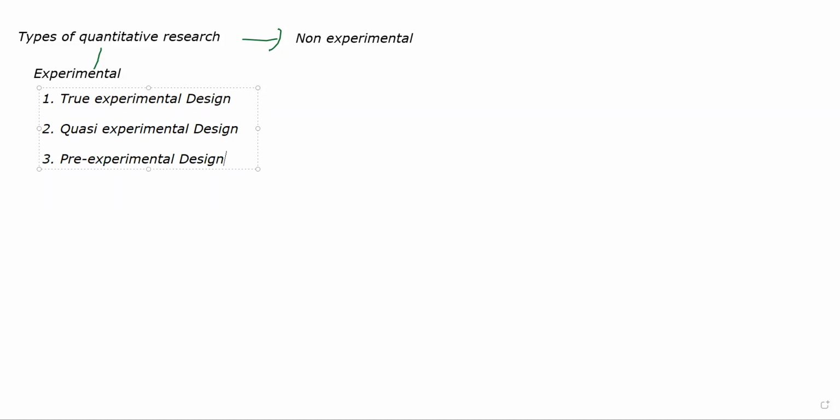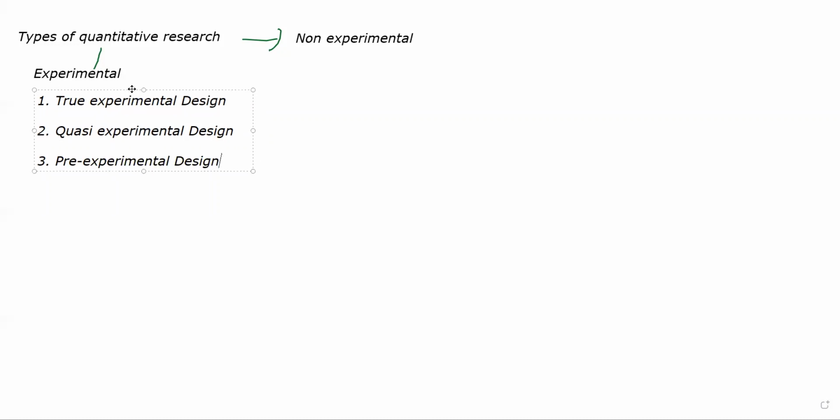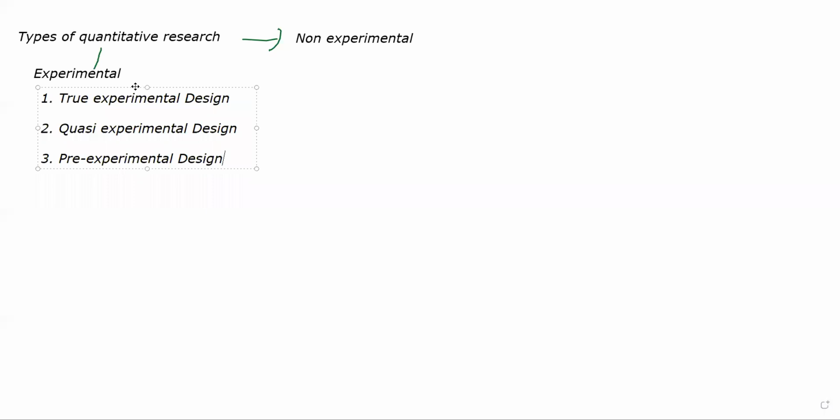That is why I told you to not go into excessive detail in this topic, because you can go deep into this. Just get a basic introduction and basic understanding of all of these, and it will be more than enough for you, because it is only one unit out of the whole portion of your research and statistics.